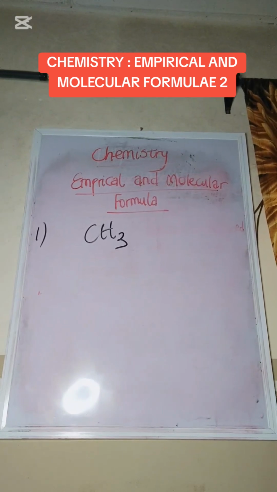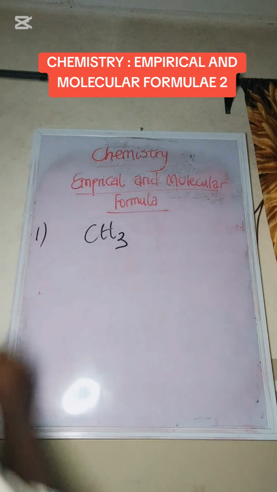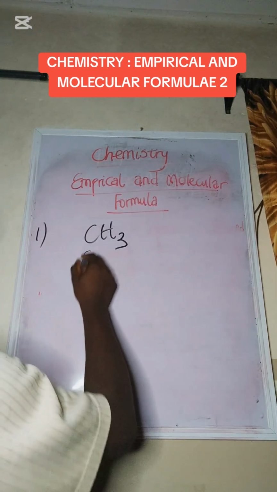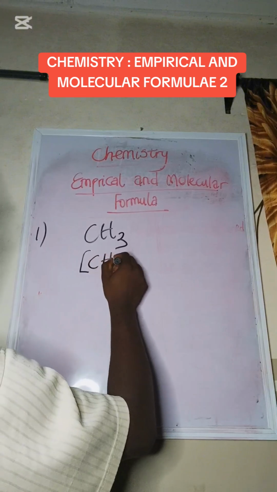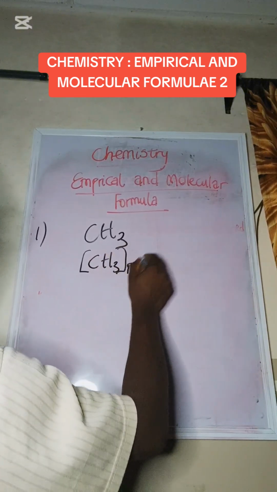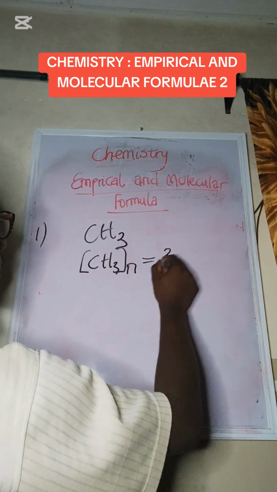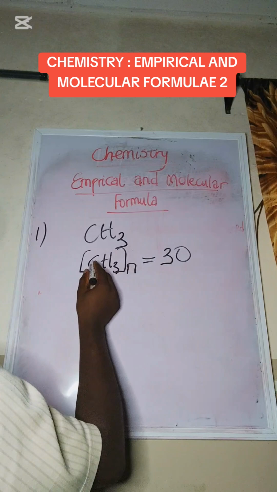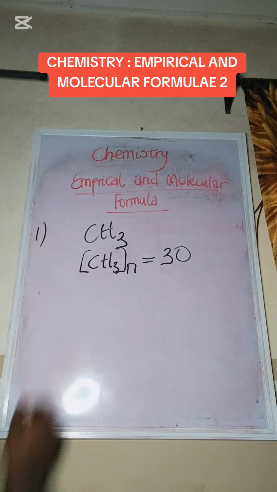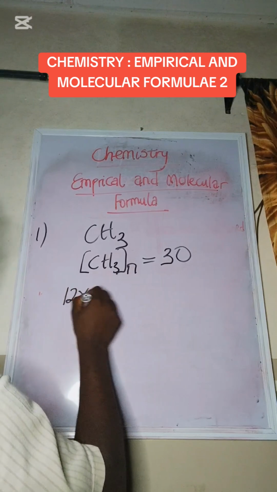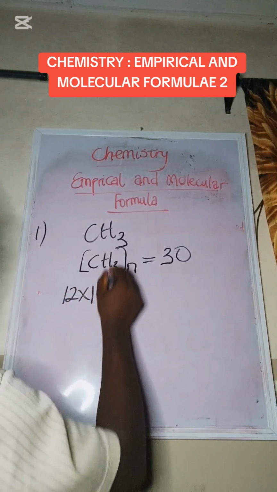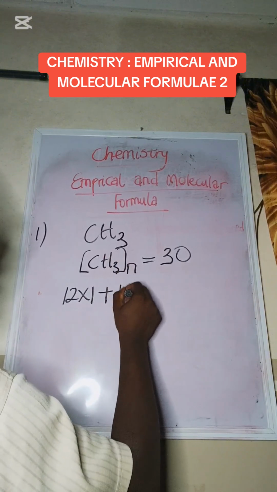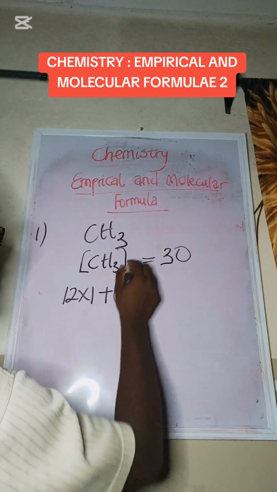So the empirical formula is CH3. To solve for the molecular formula, we are going to put n is equal to the relative molecular mass, which is what? 30. So the n represents the actual number, which is what we define when we define molecular formula. So we open this bracket. Carbon is 12, hydrogen is 1. So we have 12 times n plus 1 times 3, then times this n